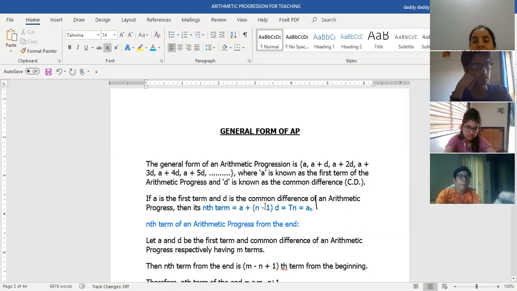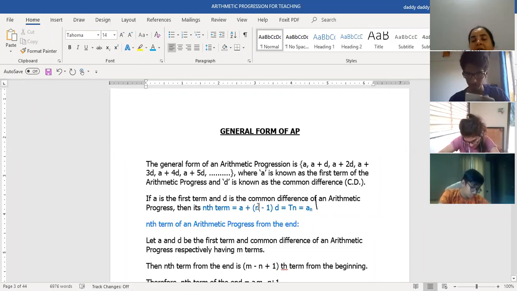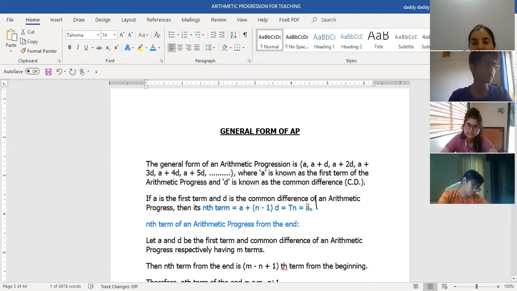And then after calculating, whatever answer I get will be the value of the term which is sitting at the 35th position. So basically your n is nothing but the position of the number in that series: which number is sitting on the first place, which number is sitting on the 10th place, which on the 20th place, and so on. So n is the position of any number, and the value of that number is Pn or An, given by this formula.